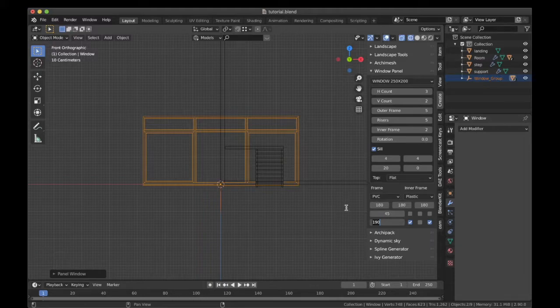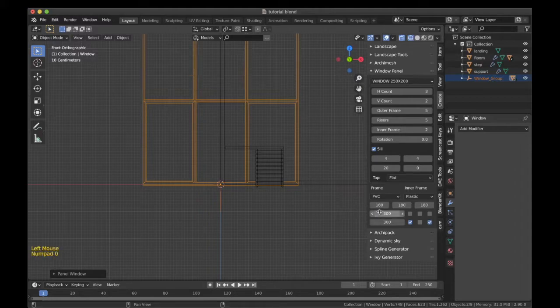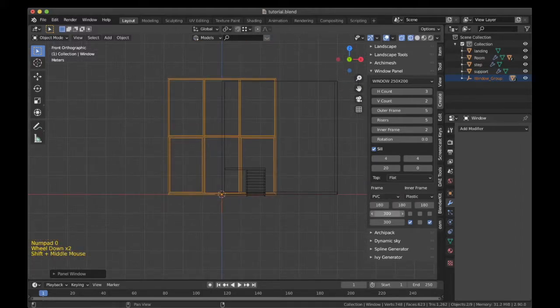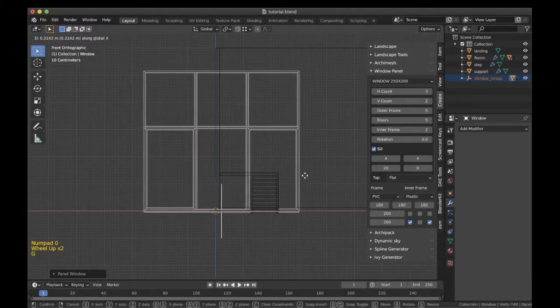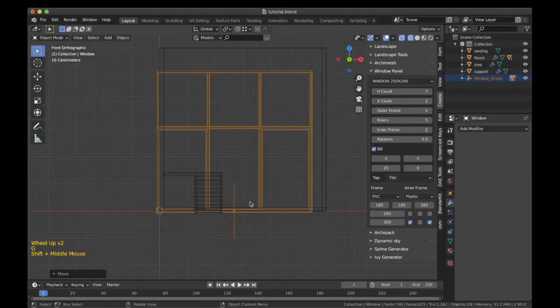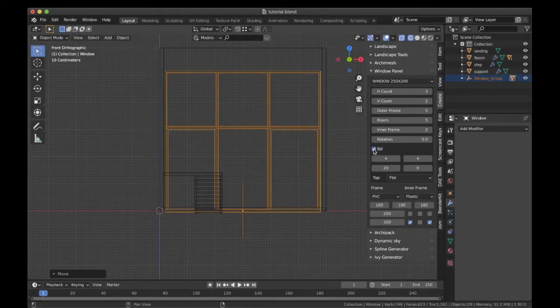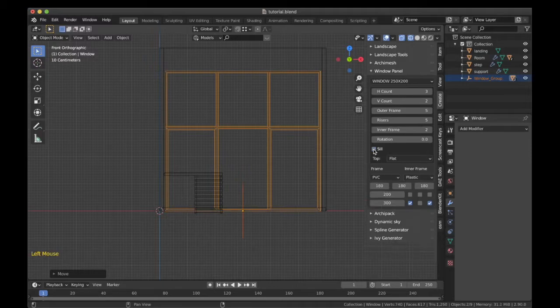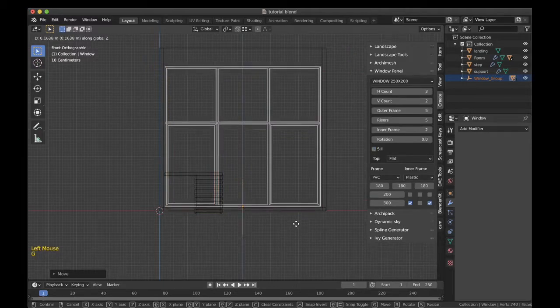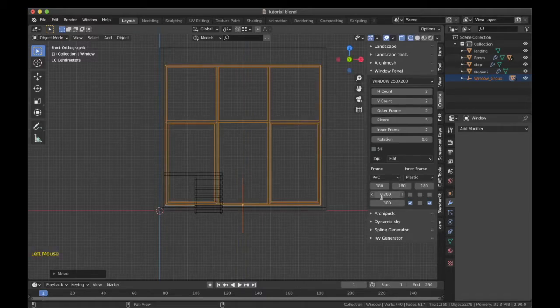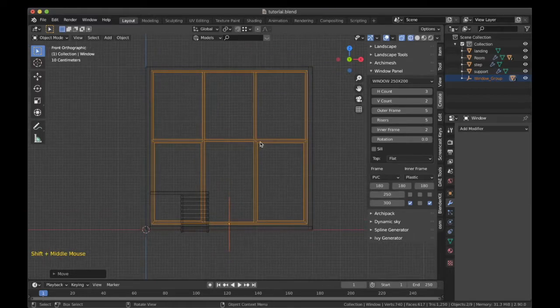So this time I will change it to 300 and then this to 200. Now I will shift it over here. Also, we will not use the window sill option, so I will uncheck that. Now I will place it somewhere over here. I can increase the height roughly to around 250 maybe, and that will look good over here in the scene.